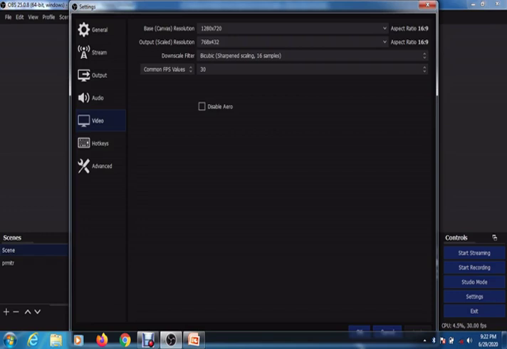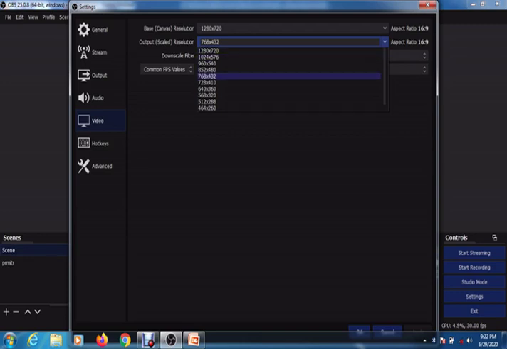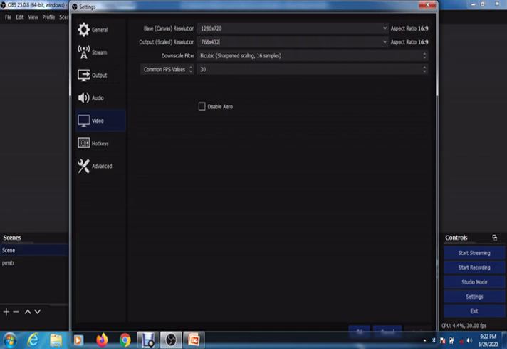Different resolutions are provided: 1280 by 720, 1024 by 576, 960 and so on. But see to it that you use a lesser resolution, because as you use a higher resolution, the size of your video will automatically increase. So use a proper resolution, less than 1024. By default I am using a resolution of 768 by 432. So just use this resolution for your output recording video, and click OK.